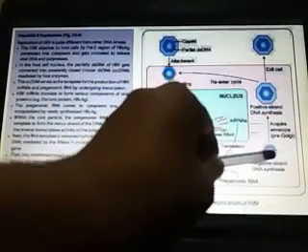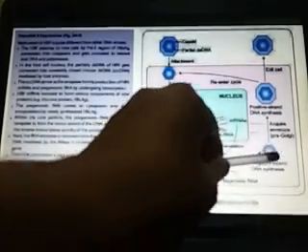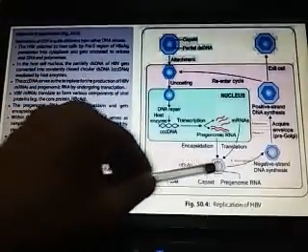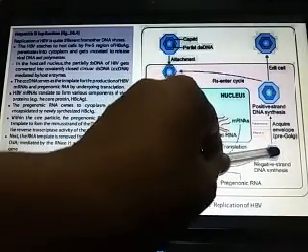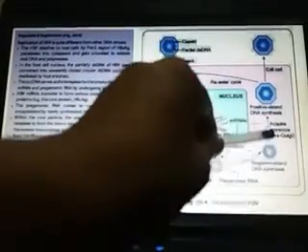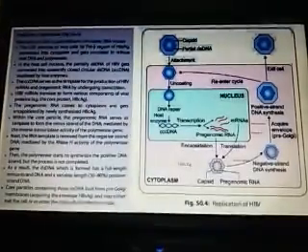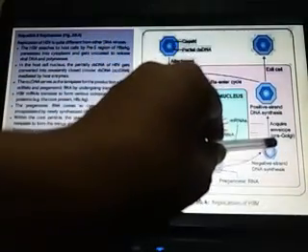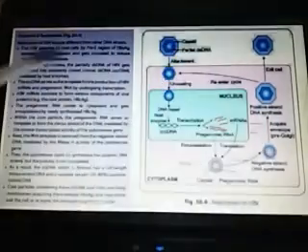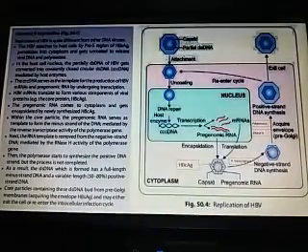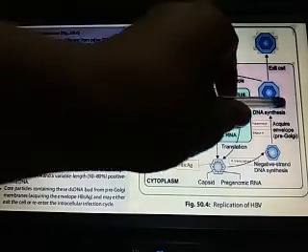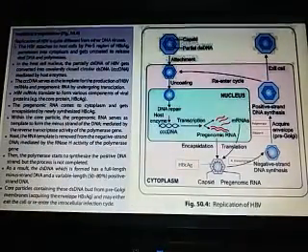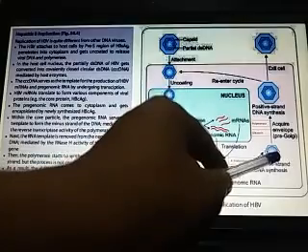These core particles have capsid, that is the hepatitis B core antigens, and now the polymerase enzymes form the second strand of the DNA from this negative strand. But during the process of formation of the positive sense DNA strand from the negative sense DNA strand, it will not complete for some reason, and that's why the positive sense strands will be incomplete and short, and the negative sense strand will be large.